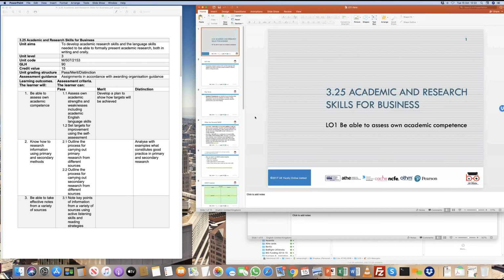So in the first unit, I've opened up the first presentation. What we looked at was, before we get into understanding research and academic skills, we want to do our own assessment first. And this own assessment is covered in what is called Learning Outcome 1. It's a practical unit. In the first part of this learning outcome, it is asking you to primarily assess your own academic strengths and weaknesses, and this has to be done primarily in the field of English language skills, because we are looking at